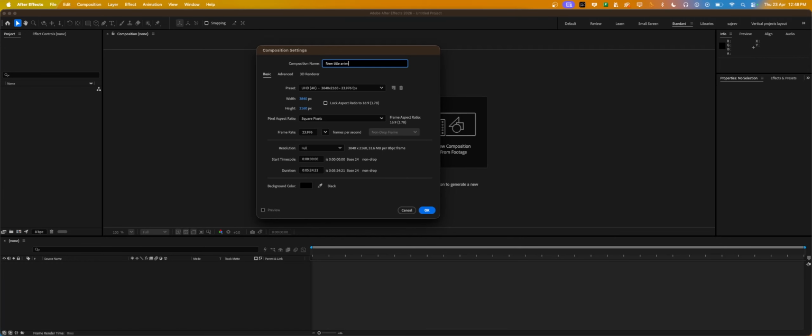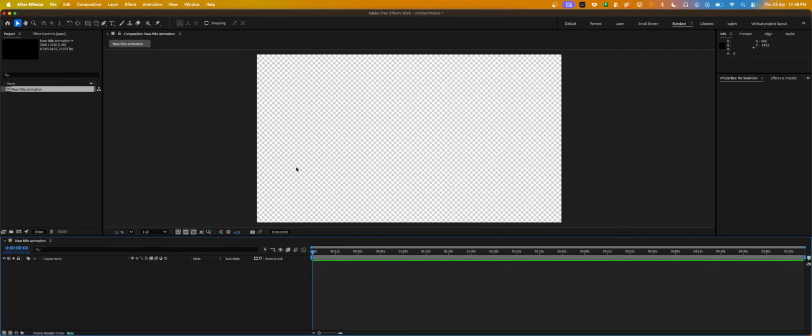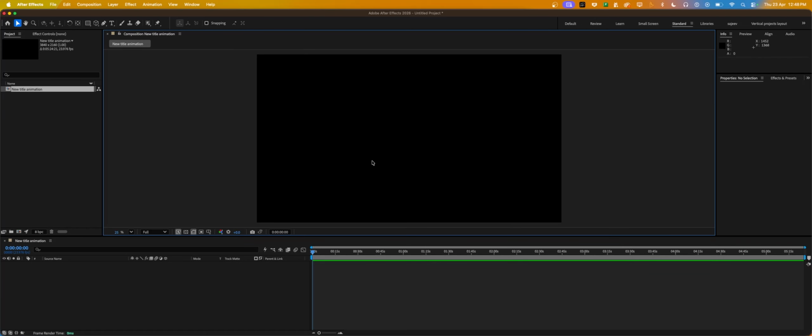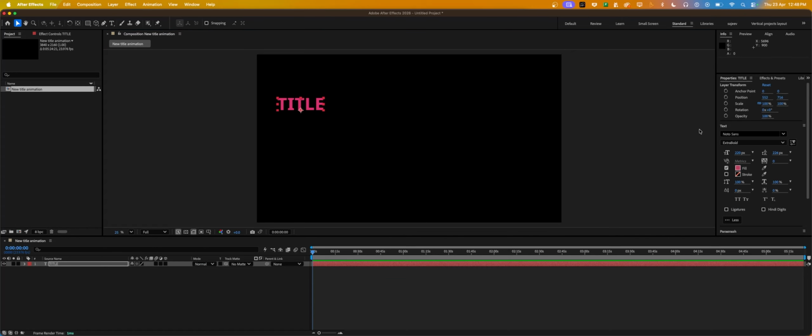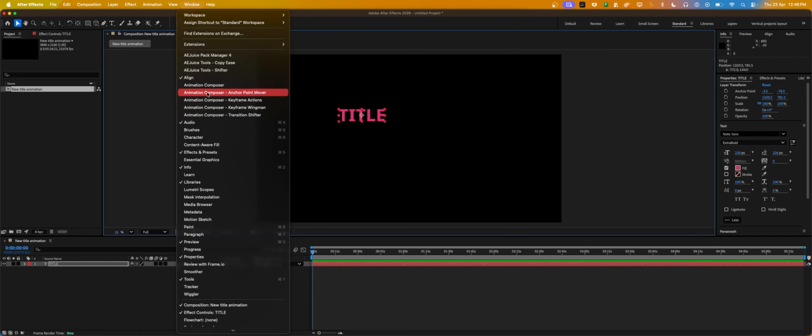So, just like before, we'll start with a new composition, and you can name it however you want. After that, we'll go over and type in our text. Here, I'll be typing title. Once the text is typed out, you can select an appropriate font size and font family